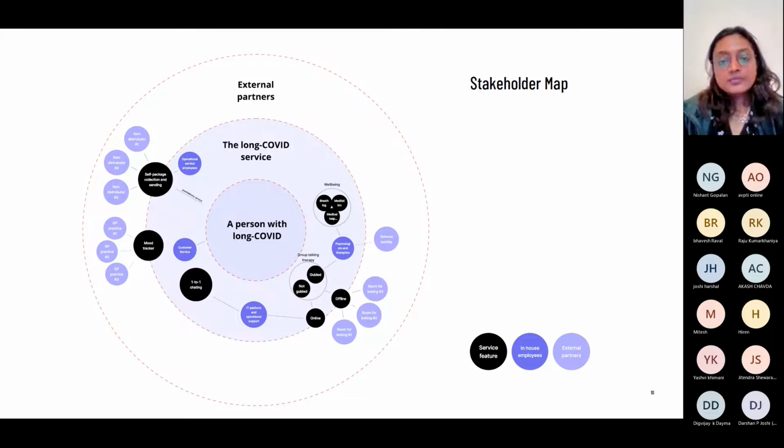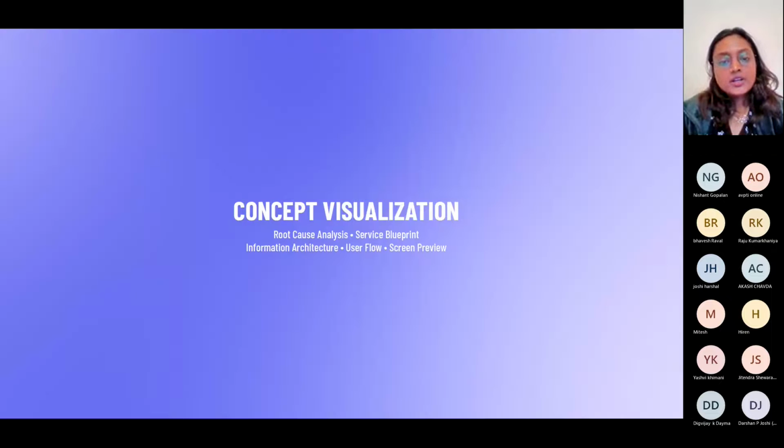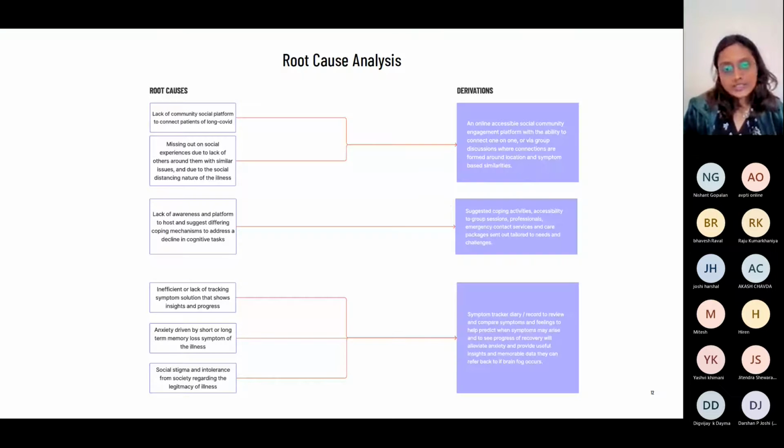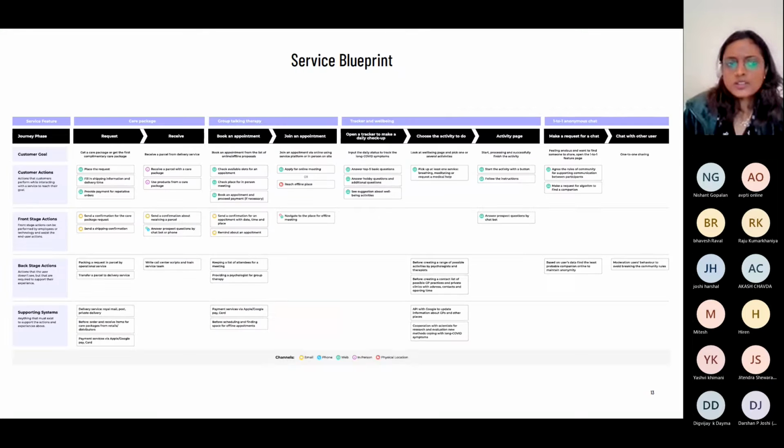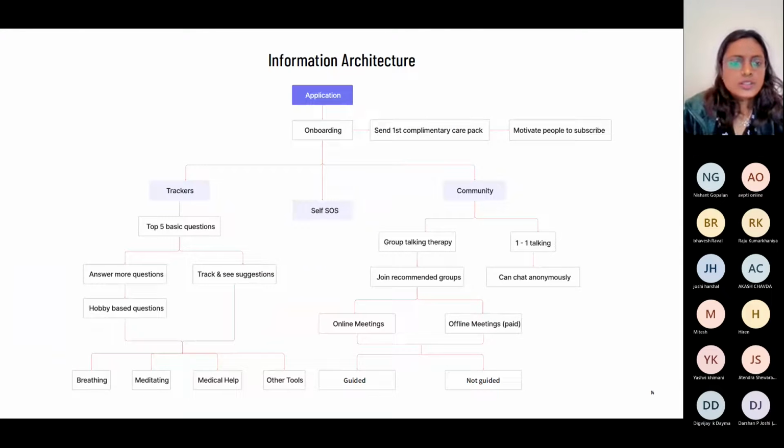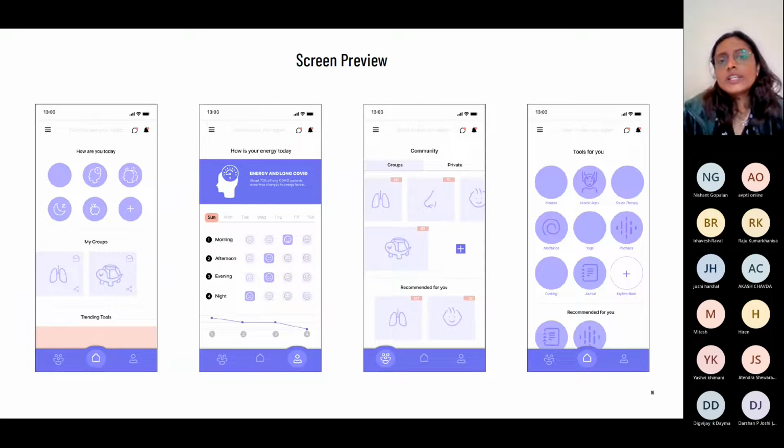And concept visualization, because we did the root cause analysis as well. We did the 5 whys, and for each of the problems, we did the 5 whys, and we came to certain solutions which we then chose. This is not relevant at this point. This not either. Right, so we ended up making an app with certain features that were like,